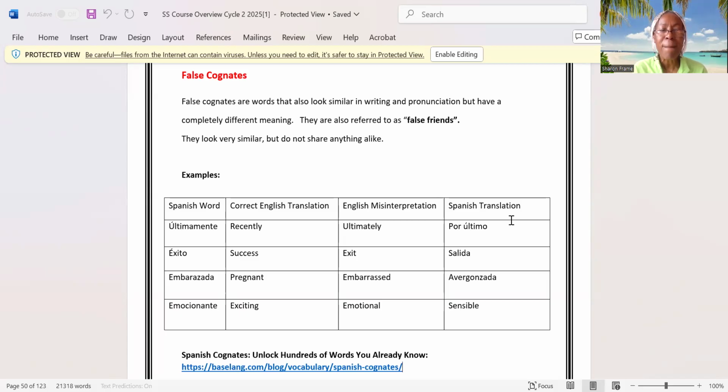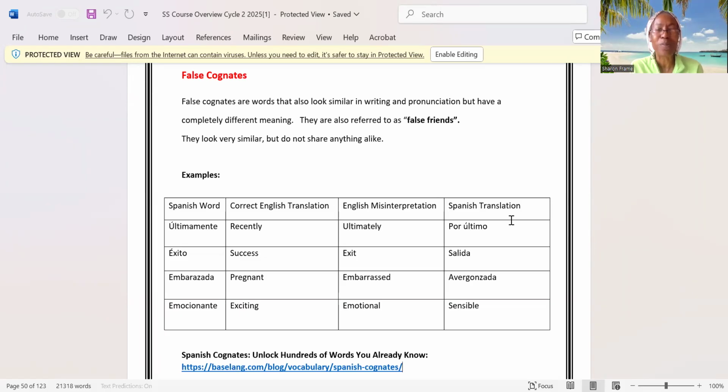And ultimately in English actually translates to por último in Spanish. So you see how that could be misleading and cause confusion. That's just one example. The next example is pretty popular. It's very easy to remember this. And I think I mentioned an example of my own personal life in this